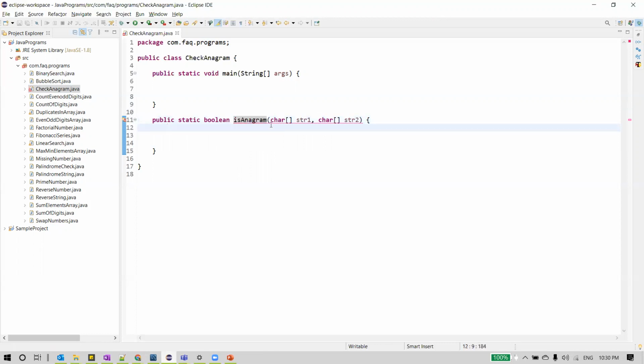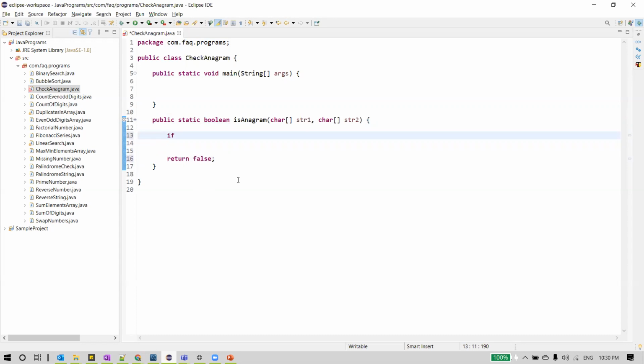Say, for example, we have a method to check if two strings are anagram of each other or not, which actually takes two strings in character array. Now, it is showing some error, right? That is because it has to return some value. For example, let's return false for now.